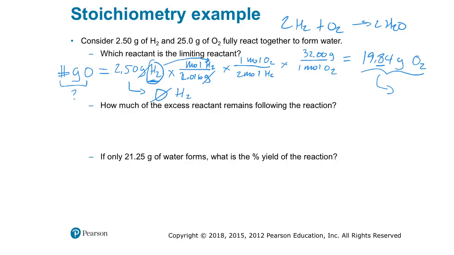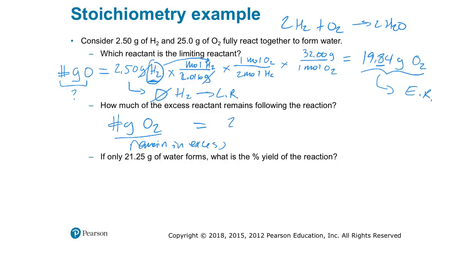So our next question says, how much of the excess reactant remains following the reaction? Hydrogen's been completely consumed, that's our limiting reactant, and then oxygen's going to be left over. We can see that there's about 5 or so grams of oxygen that are left over. Since we can calculate that excess, oxygen is our excess reactant. So the number of grams of O2 that remain in excess